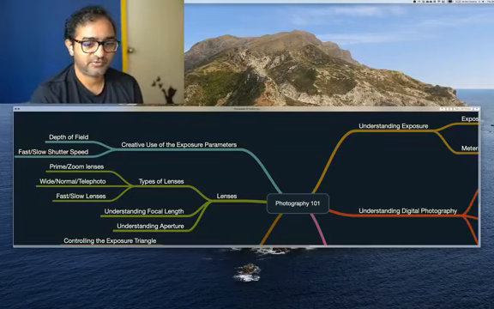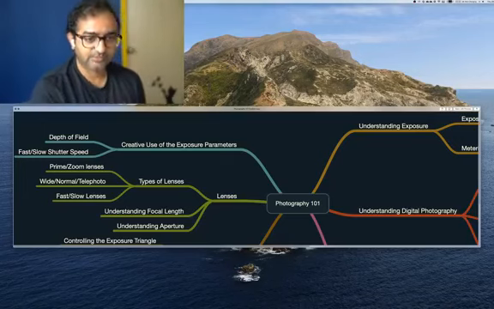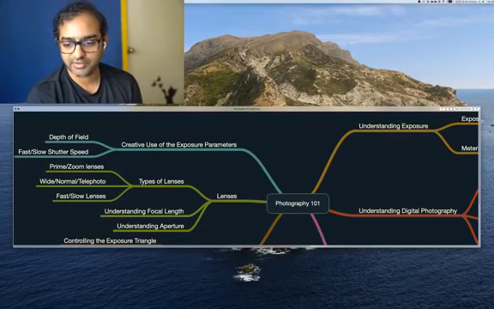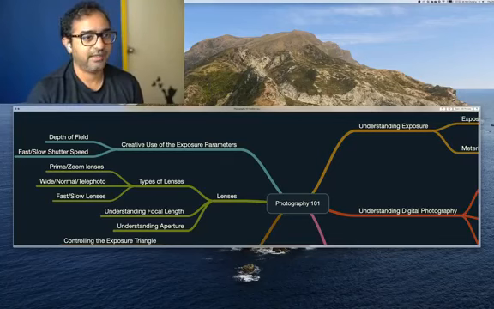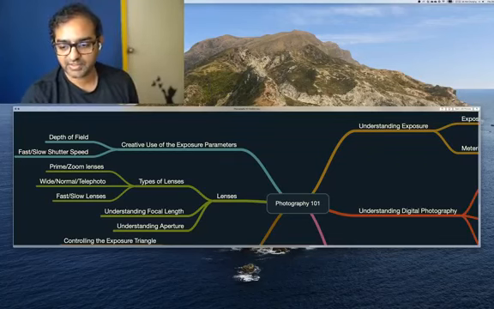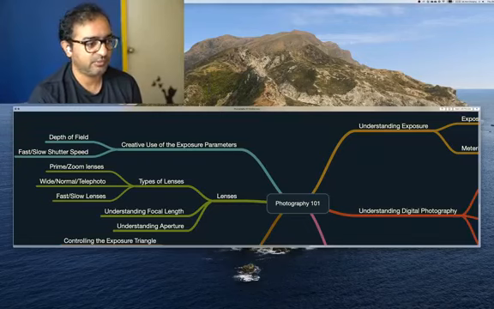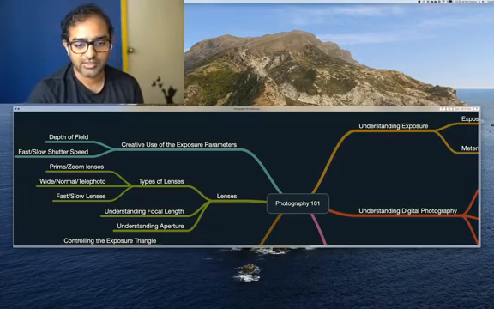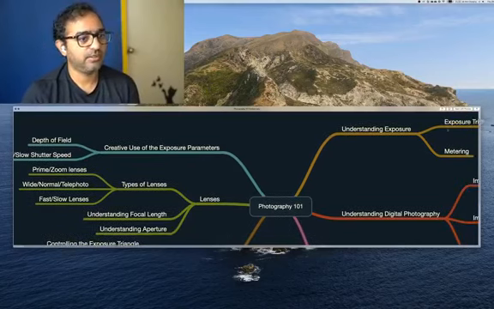So, the legacy of Shutter School is that we created all this content. Now, over time, Suhas and I both didn't have time to continue it for various reasons. Life gets in the way of many of these activities. But I have all this content, and it's a shame to just see it sitting on my computer and not being shared with the world. So that's why I decided to take all that content, put it up online for all of you guys to see. So this is basically the content of the paid workshops we used to do.